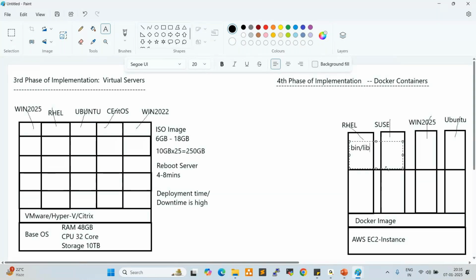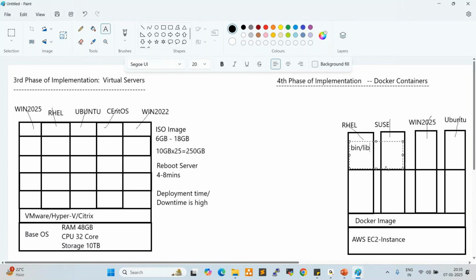In real-time projects, currently we are using Agile methodology. In Agile methodology, how will the flow happen? The developer develops the code in their local workspace. Once development is completed, they push the code to the remote repository, GitHub, which is a remote server.